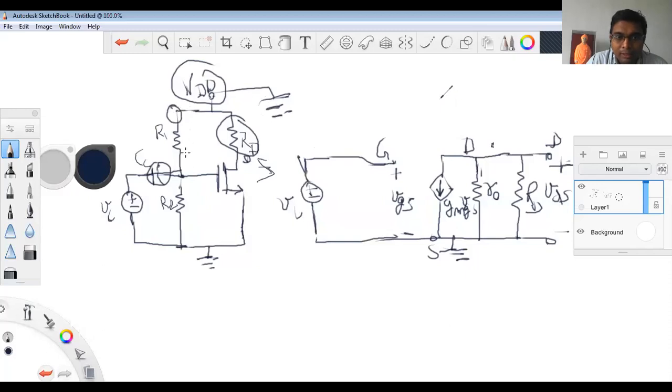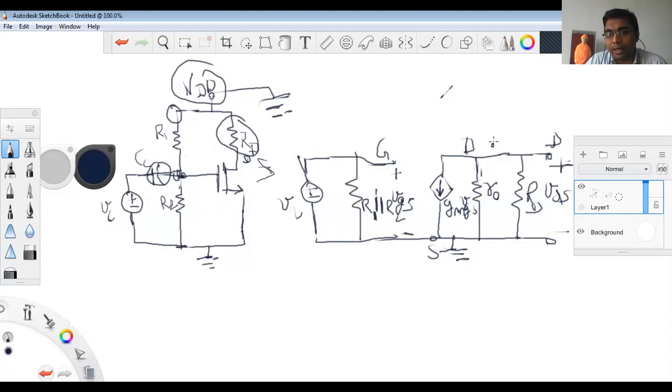AC equivalent circuit. And one end of the R1 is connected to the R2, meaning R1 and R2 in parallel, and both ends are connected to the ground. So can we draw one equivalent resistance here? That would be R1 parallel R2. Okay, this is the R1 parallel R2.